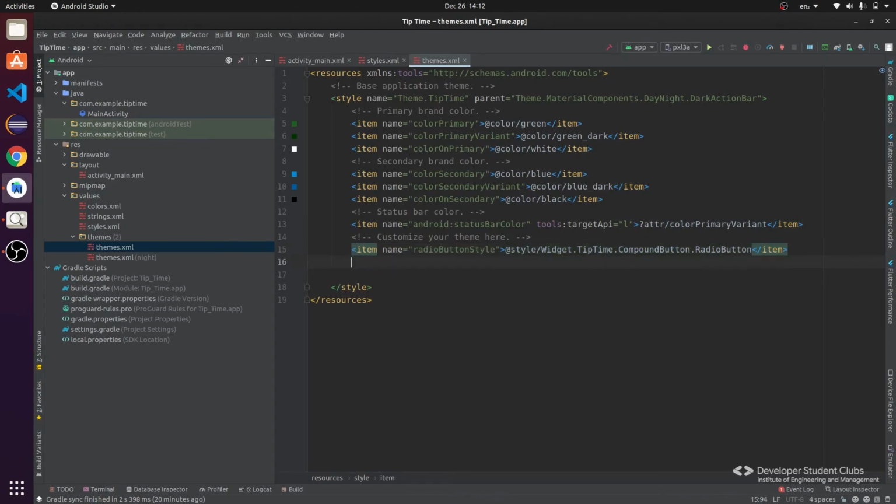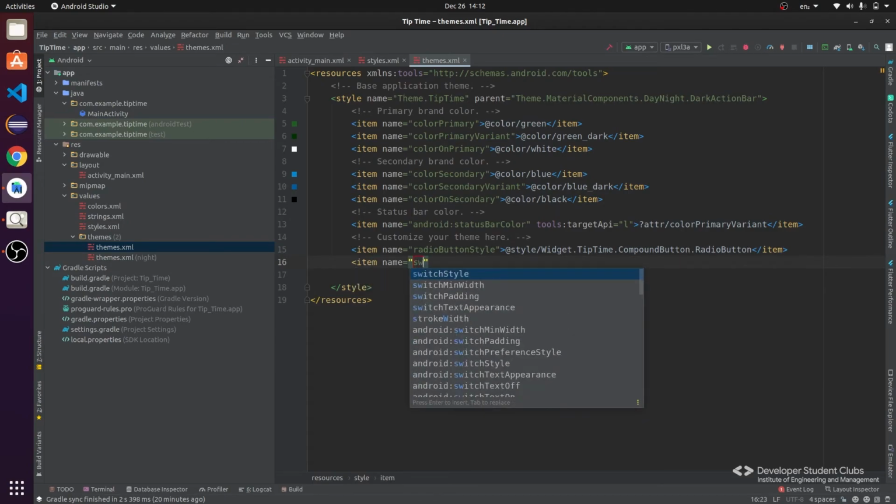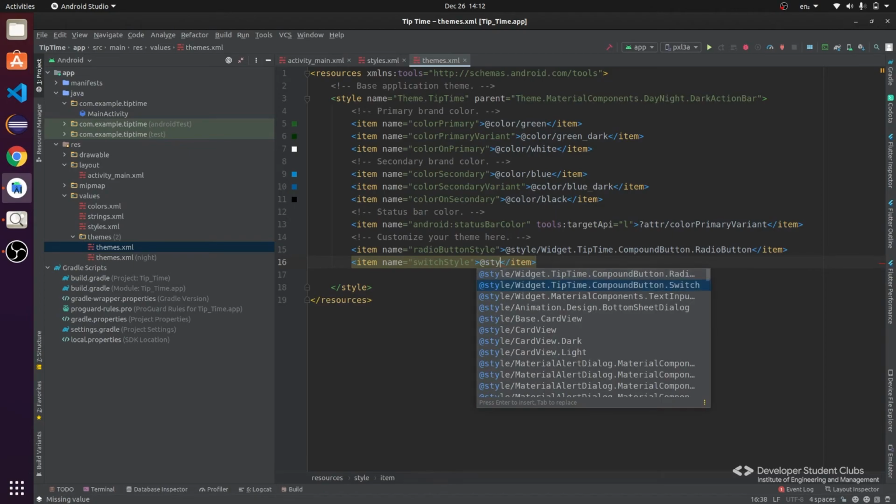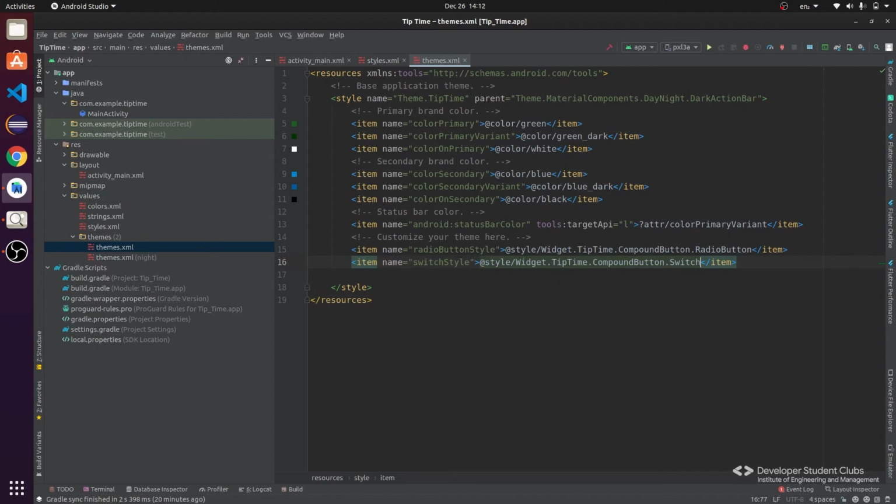Next, we have to add the switch as an item. So the name is switch style, and the switch style is also defined under style/widget.tiptime.compound.switch. So that's done.